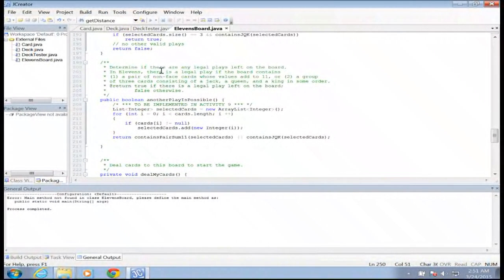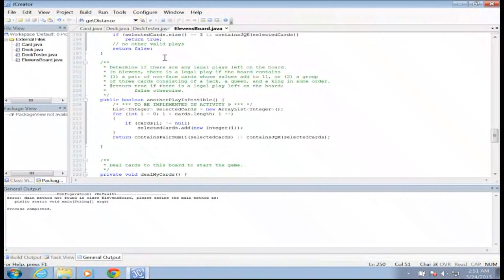So what we're going to do next time, now that we've got the mechanics of the game done, testing to see what valid plays we have, as well as whether or not valid plays exist,